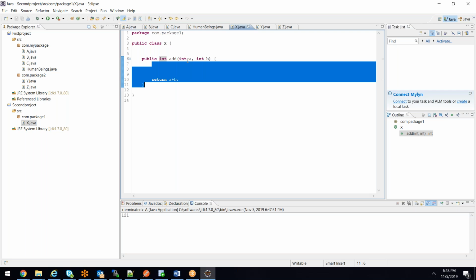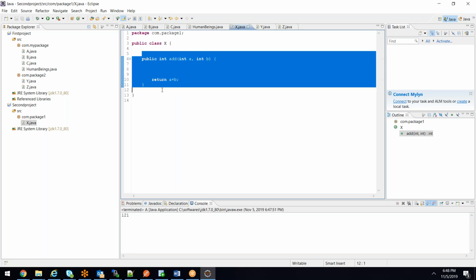And this entire logic is written by Divya. I did not write this logic, correct? Because this particular project is developed by Divya. So whatever logic she has written, I want the same logic, because I also want to add two numbers as part of my application. And I don't want to spend time again to write all those 1,000 lines of code.